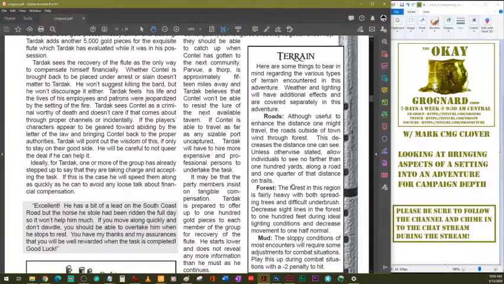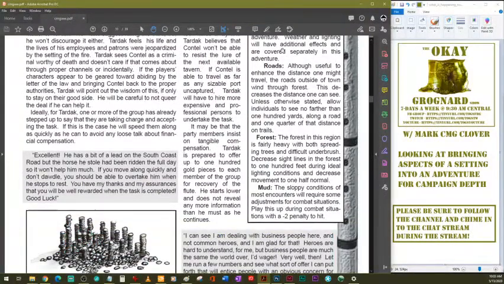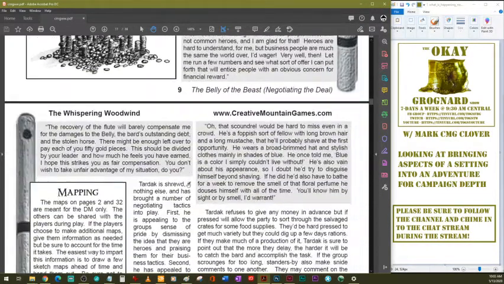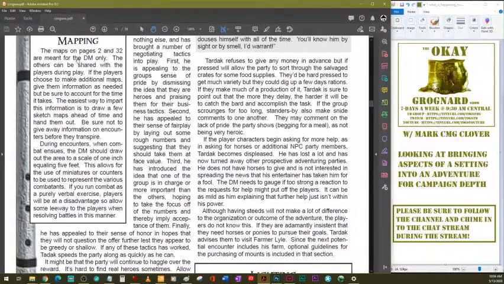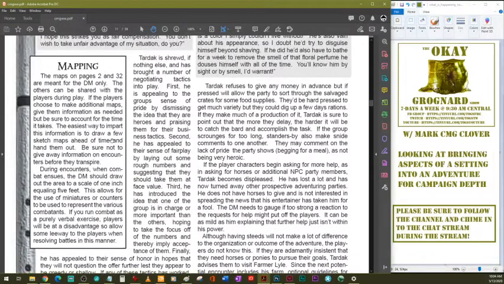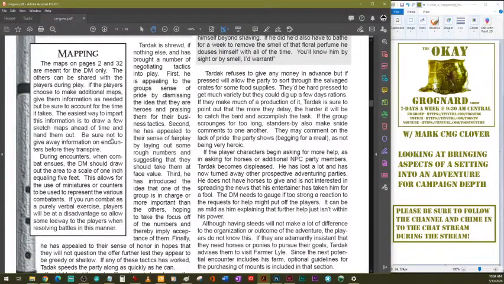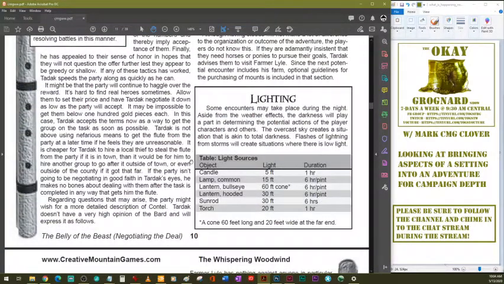And then we talk about terrain. We're going to talk about everything that can be run into. It's good to have a breakdown of what's potential there, how it's described, what it looks like. We can talk about mapping. This is all stuff you want to do to create the stuff. Some of it may seem second nature. Some of it may not seem like it needs to be detailed out in this way when you're putting something together for yourself. But if you're like me, almost every time you run an adventure,